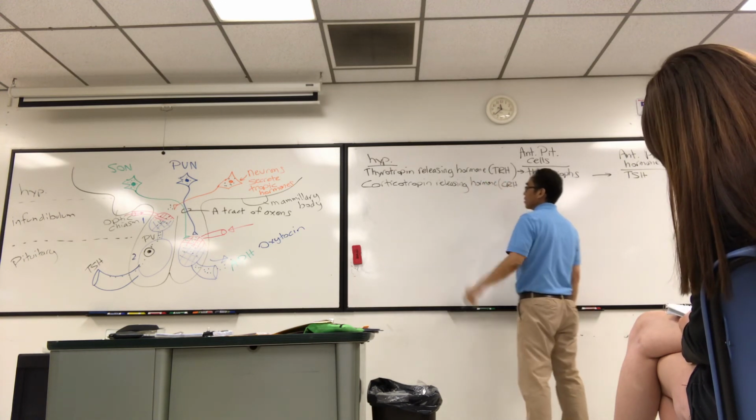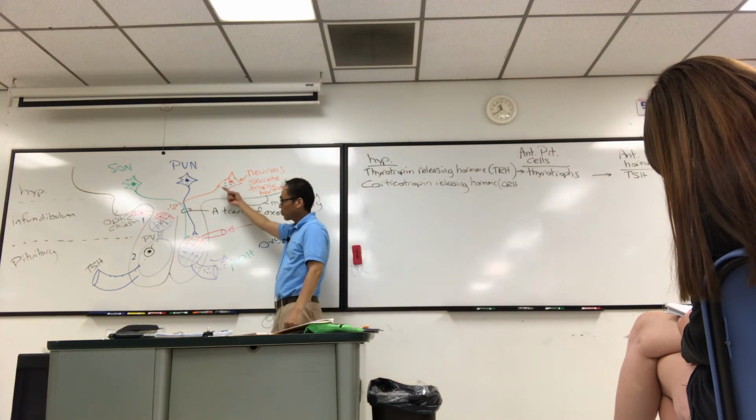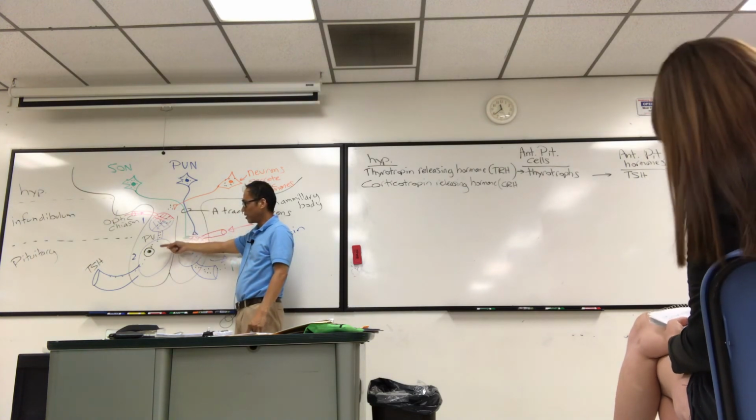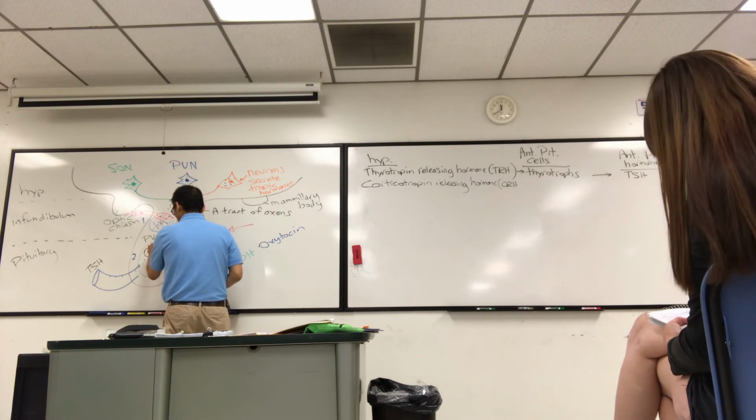CRH. So it's the same thing. It's secreted here. It uses the capillary bed 1, portal vein, capillary bed 2. And let me even draw another cell. Another cell that is